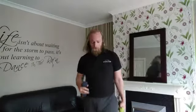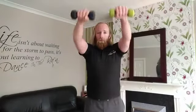We can go straight into our front raises for those who are carrying on. Again, with all these exercises, we're trying not to use the momentum of our body to swing. We're going to touch them gently against the front of our legs and try and bring it up at over eye level. 1, 2, 3,